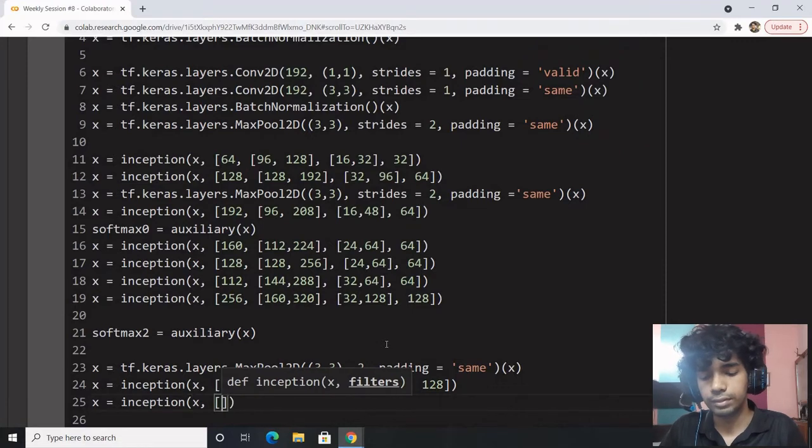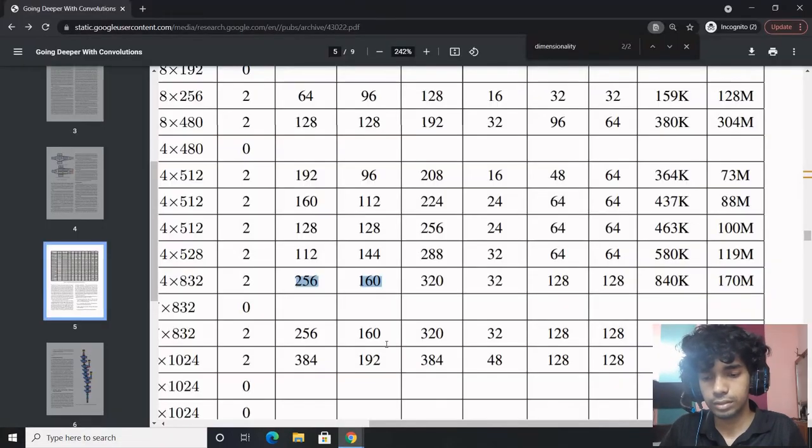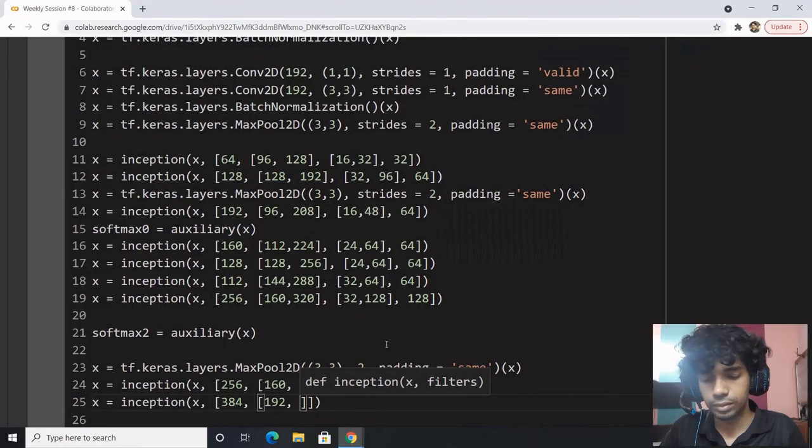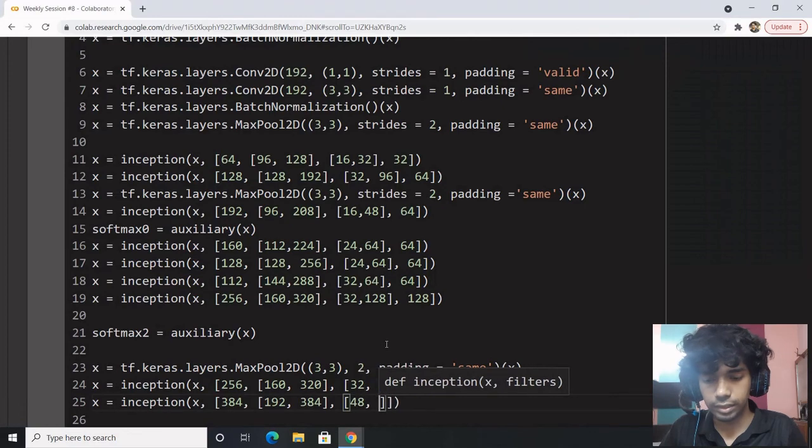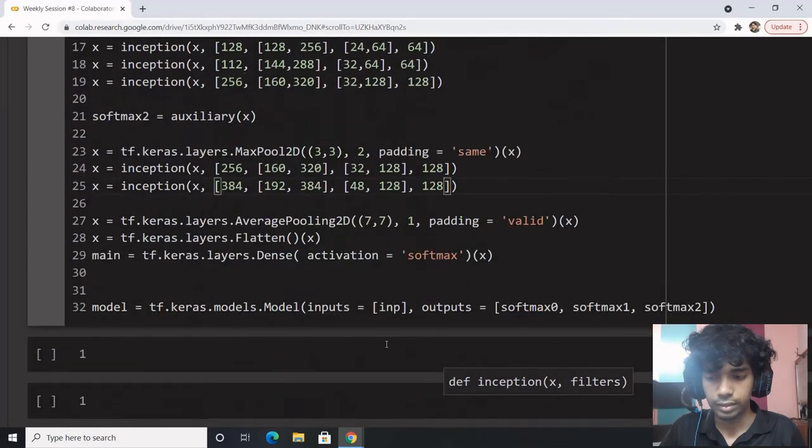Proceeding forward, we have 384, 192, 384, 48, 128, 128, and this is our model.